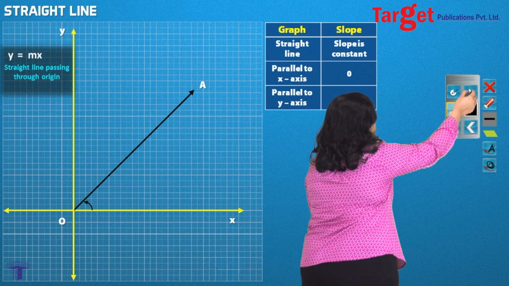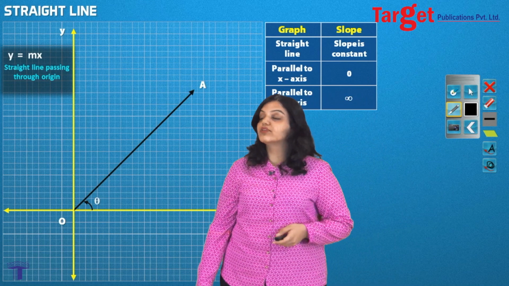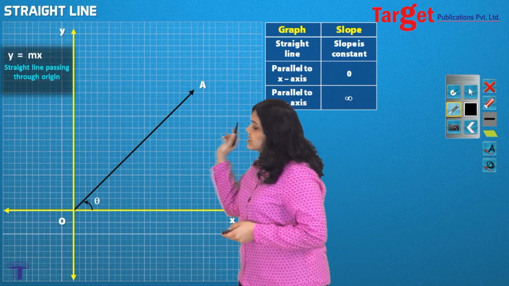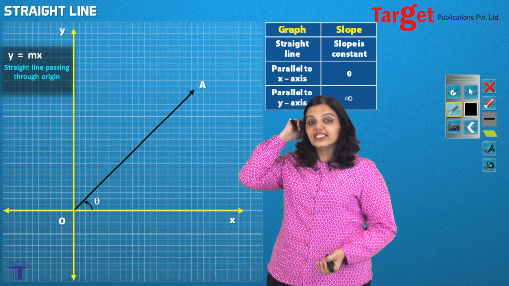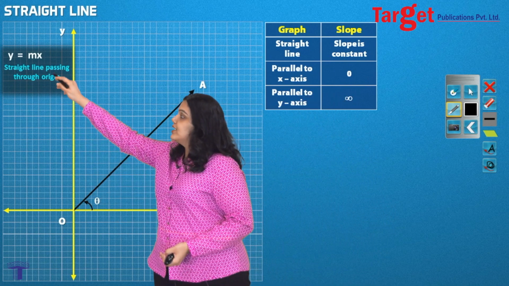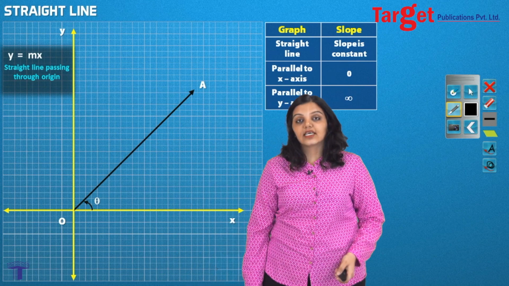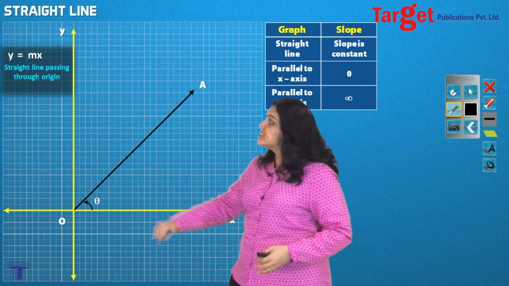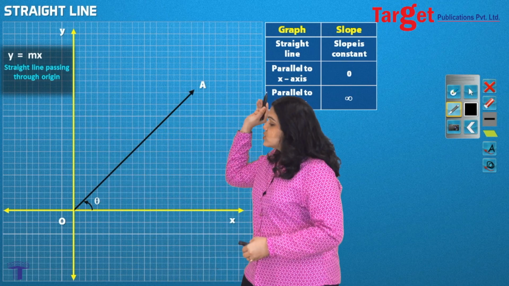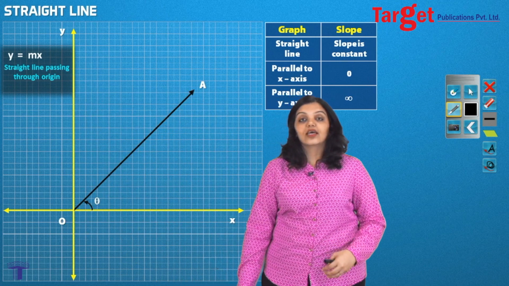Now these 3 things I want you to remember, and therefore we put them in a table. But what happens if I have a line like this? Now this is the line we've already seen. Now this line has an equation, as you can see, y is equal to mx. Now where did the c go? There is no plus c in this equation because this line straight up passes through the origin, which means there